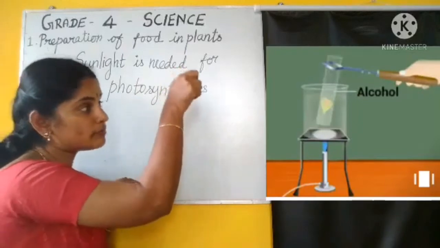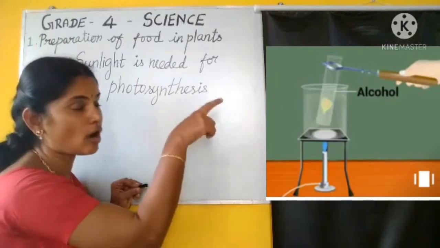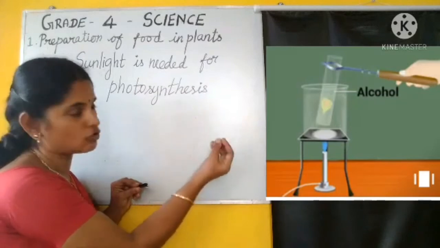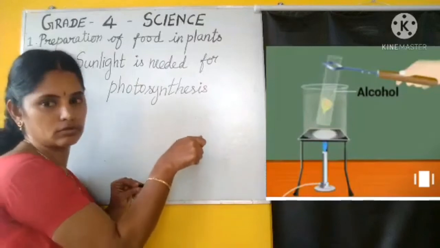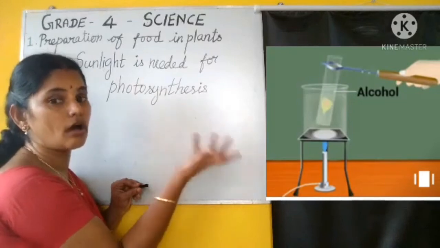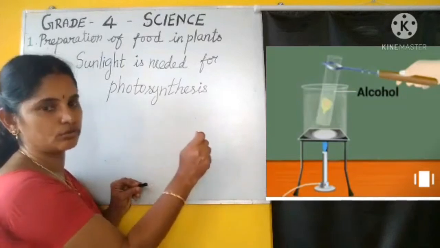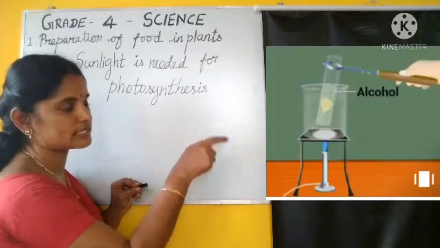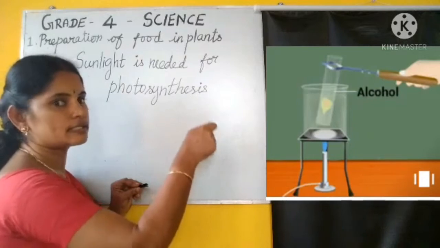Now you keep the test tube as such inside the hot boiling water. Look, the burner is burning, no? So now you keep the test tube inside the hot boiling water. We can't boil the alcohol directly on the test tube, so we should not do it like that. Keep it in the hot boiling water. What is inside the test tube? Alcohol is present. So now it's boiling.